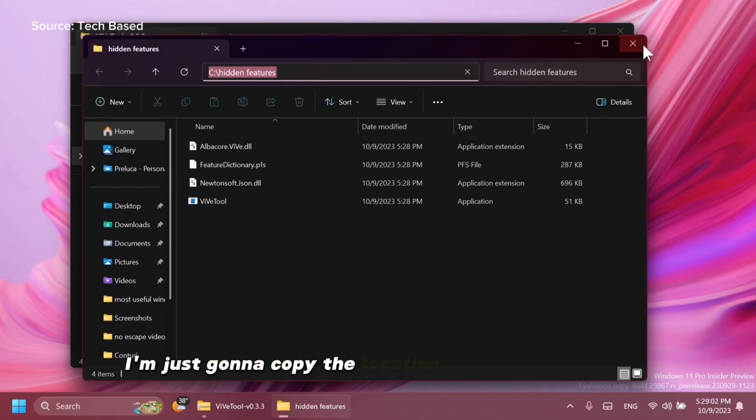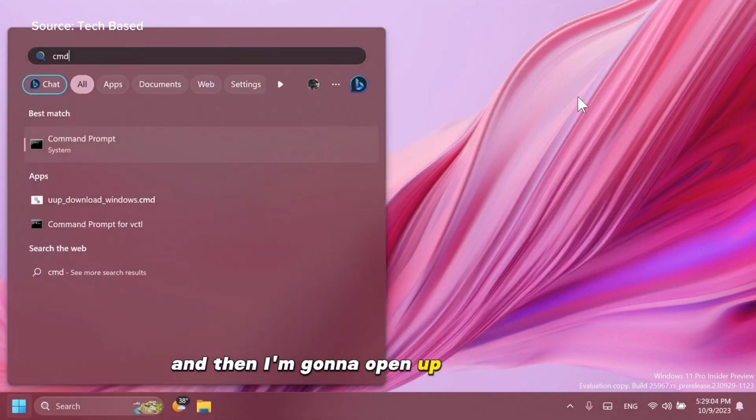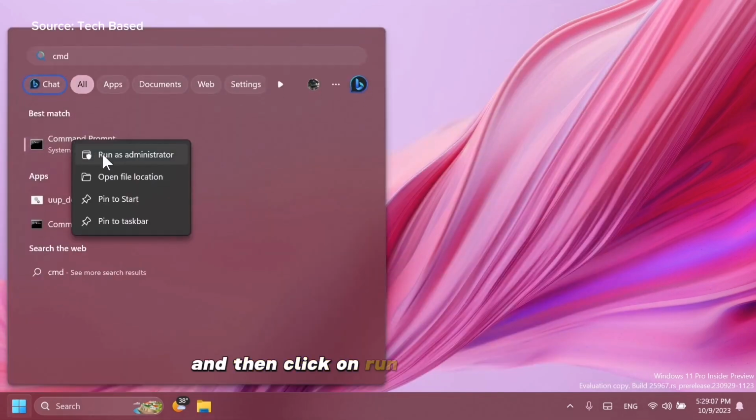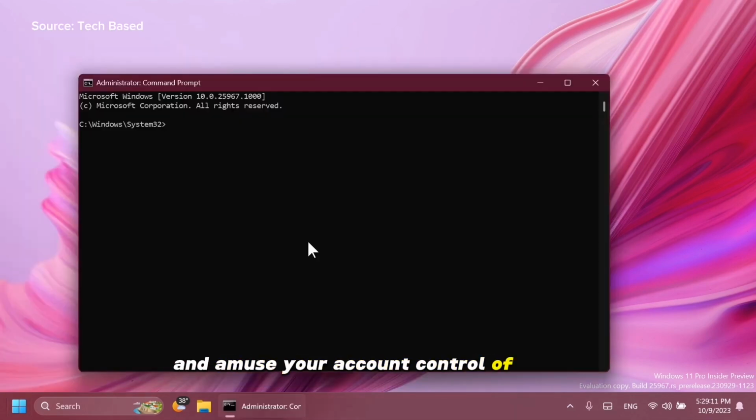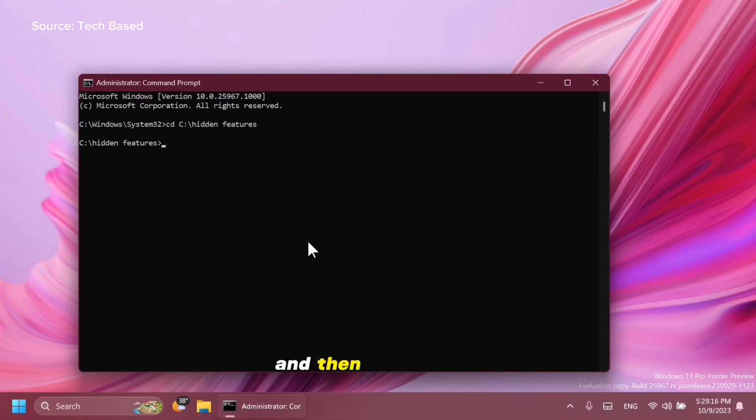I'm just going to copy the location where I extracted it, and then I'm going to open up the CMD. Right click on CMD and then click on Run as Administrator, and on User Account Control, of course, click on Yes. First of all, type in the command cd and then paste the location, and then you can run the command that was found by Phantom Ocean 3, so a huge shout out to him. You're going to have his Twitter link in the pinned comment below, which is this one,